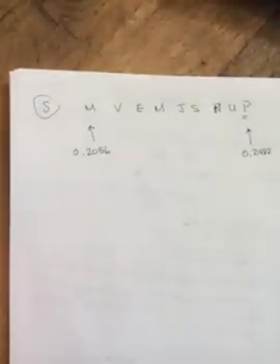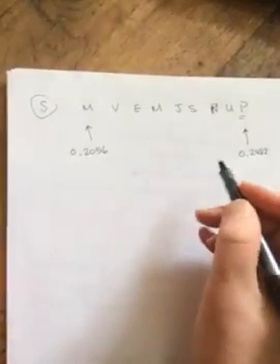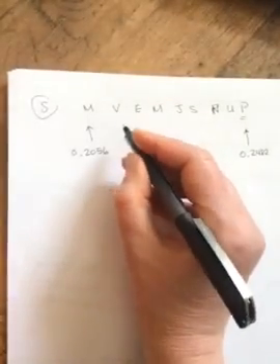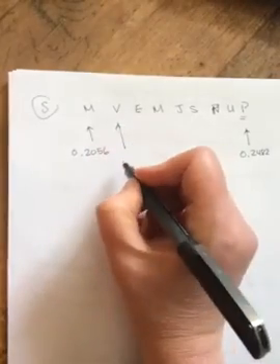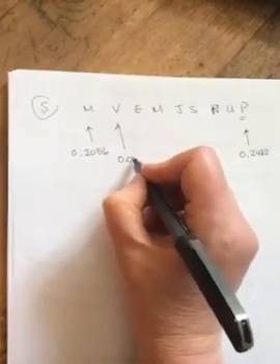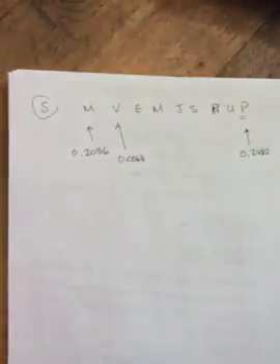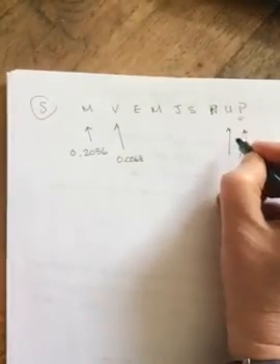So these two have the biggest eccentricities, but they're still closer to a circle than they are to a line. Venus has the smallest eccentricity. This guy is 0.0068. So he has the smallest eccentricity. And next up would be, and I put these